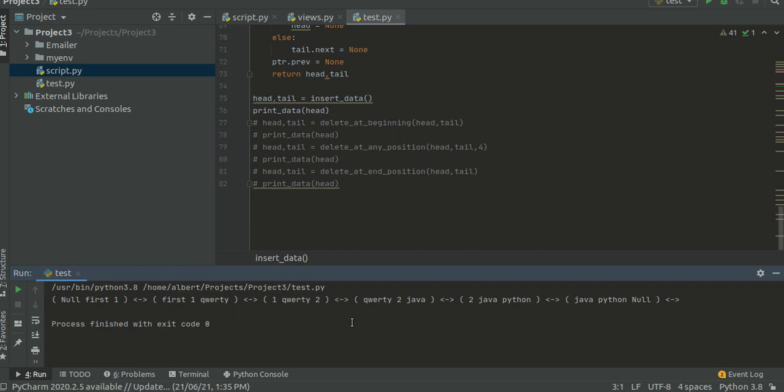This is a double linked list. The last node, the next pointer of last node points to null. That's how it looks like.